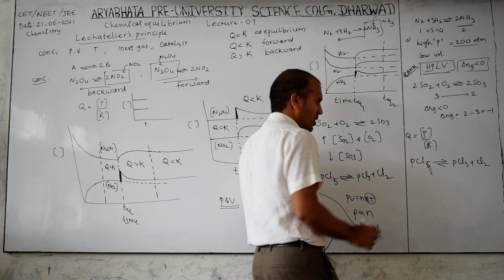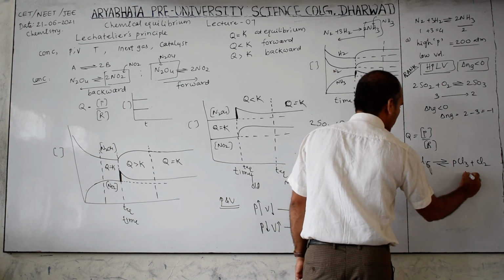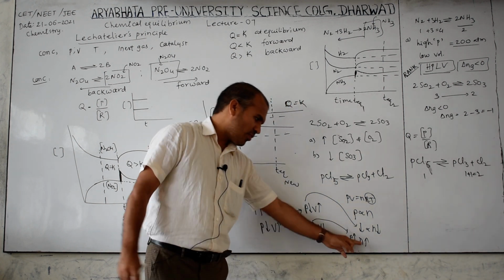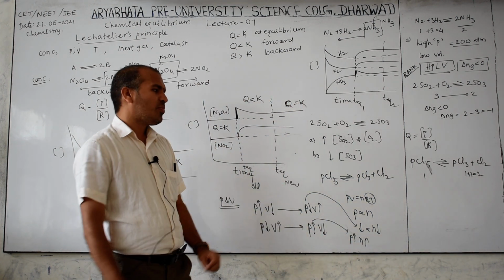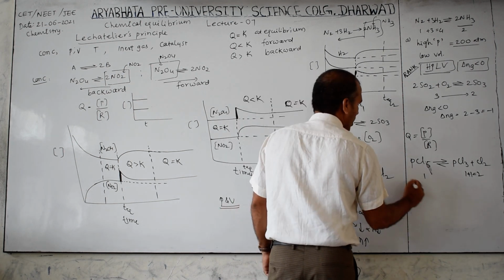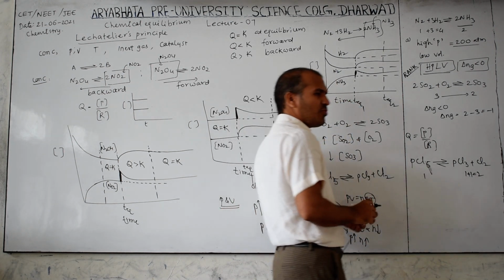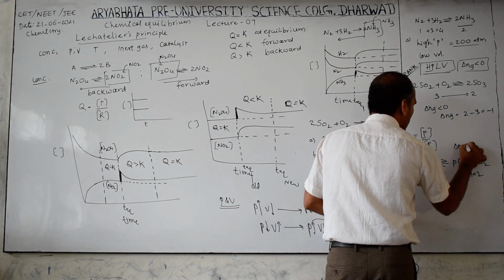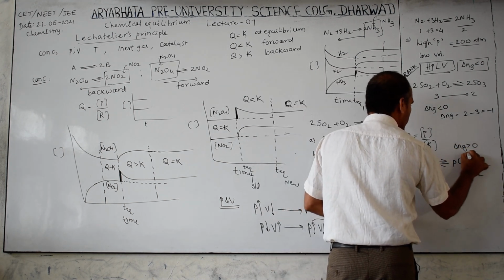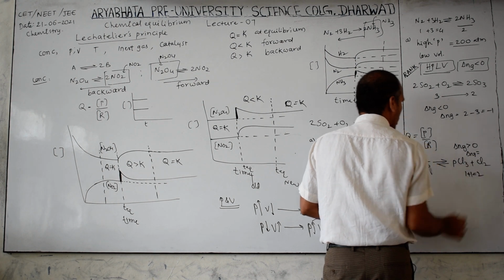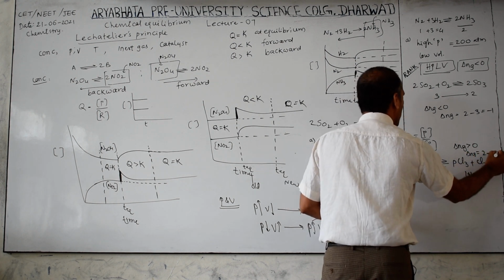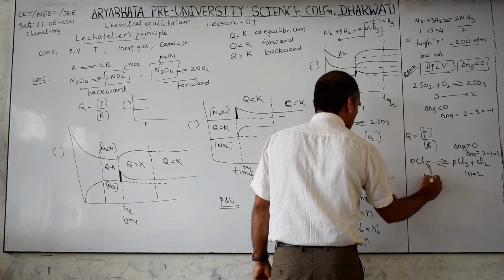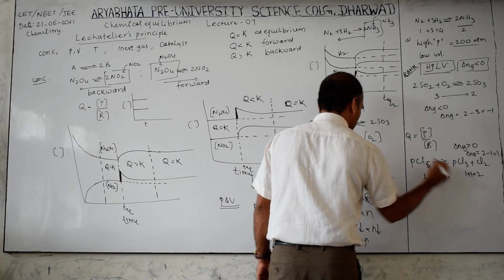Now we will observe. Here how many moles? 1 mole. Here 1 plus 1, how much? 2 moles. So the number of moles increases. Number of moles increase means low pressure is required. So the reaction always shifts in the forward direction here, where delta Ng is greater than 0. Delta Ng is equal to the number of moles of product, that is 2, minus 1, which is equal to 1, a positive value. Therefore, low pressure is required for this reaction.